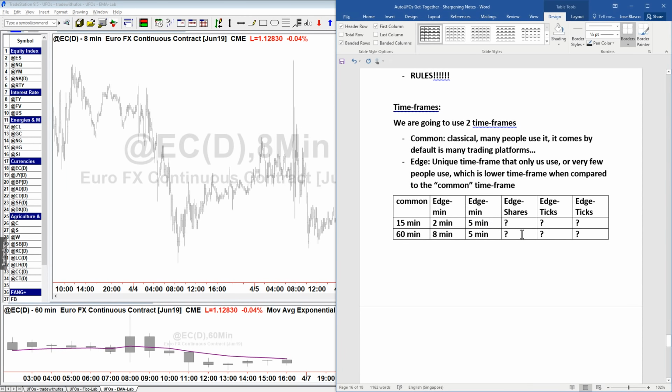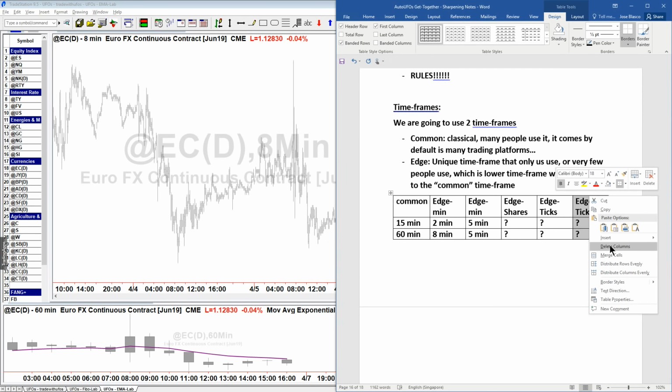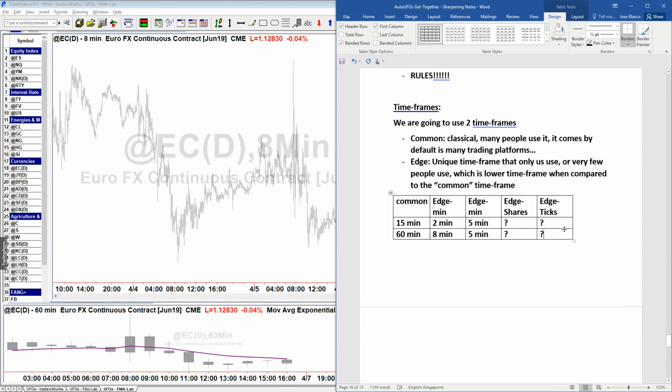We'll need to talk about the shares and the ticks in the next Sunday session because really I have a lot of things to discuss here to pick the right time frames, and those will make an even more impactful difference, okay? What if 60 is not the one you're gonna use? Then we would go for the 240 because again, that one, it's very classical. But if you look at the 240, then I was suggesting to use the 15 minutes, okay? So what would you want to do? Well, you will want to use the 21, okay?